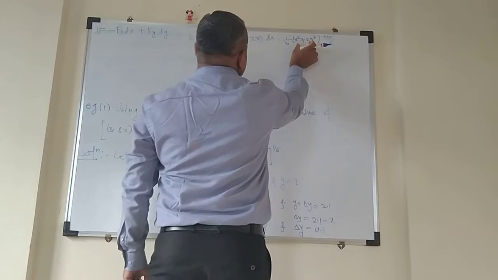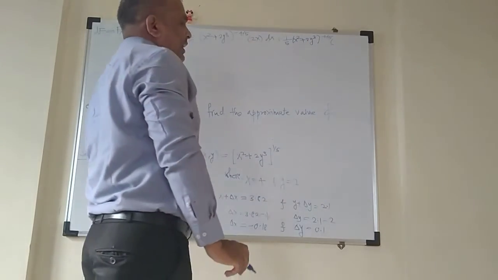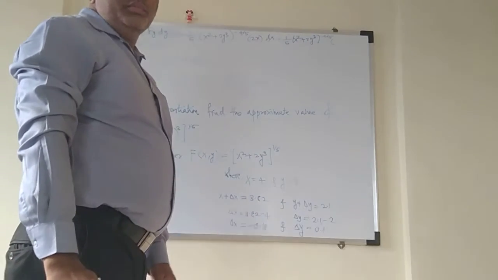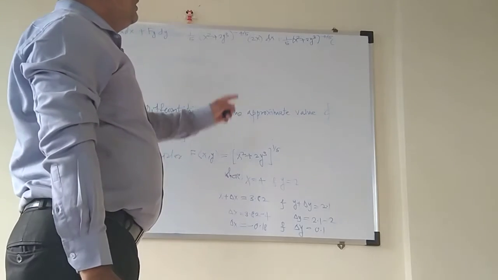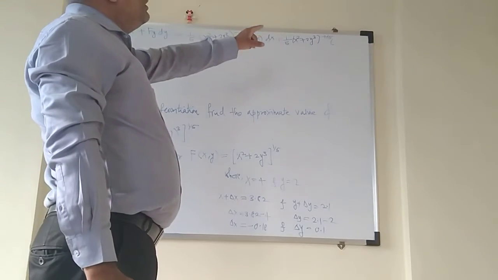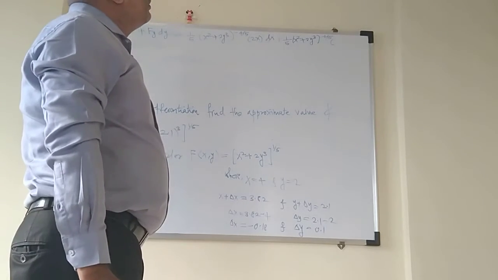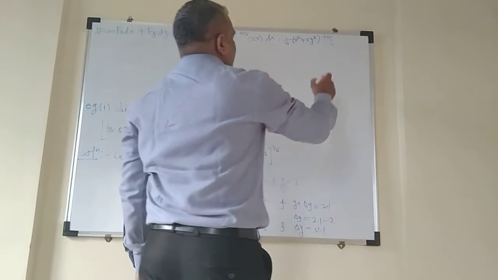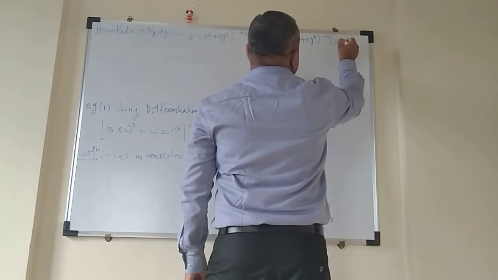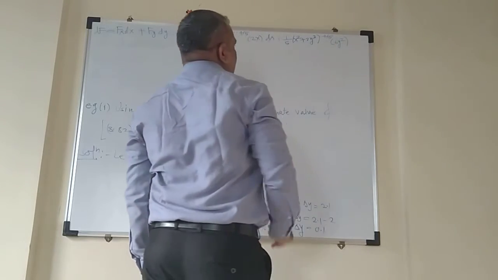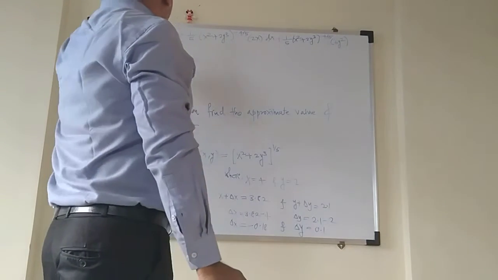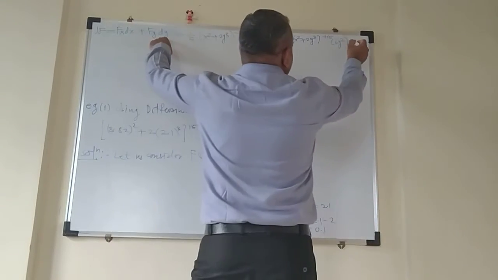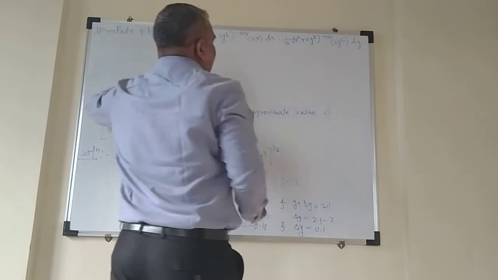into differentiation of this bracket now with respect to y. So differentiation of 2y³ with respect to y will be 2 threes are 6 into y raised to power 3 minus 1, that is 2. So 6y² is the differentiation of 2y³, into dy. So dy will be as it is.